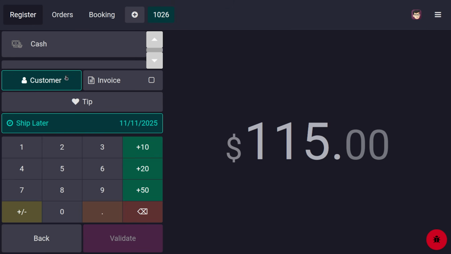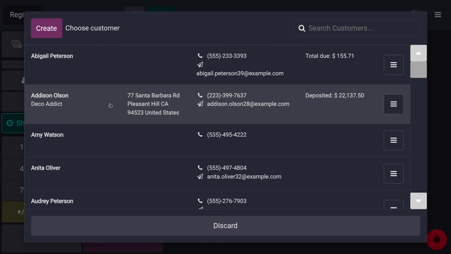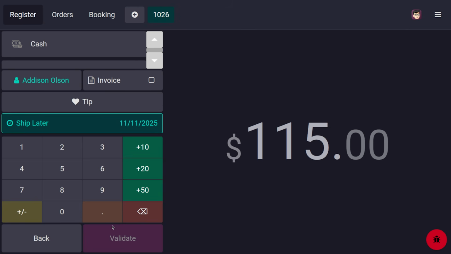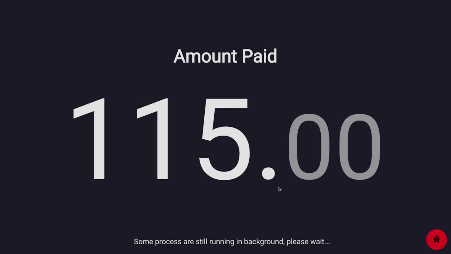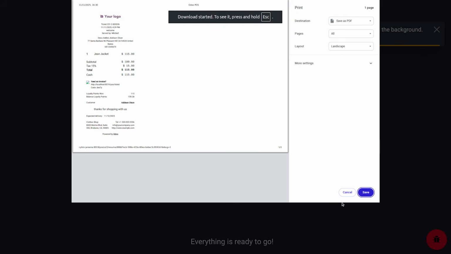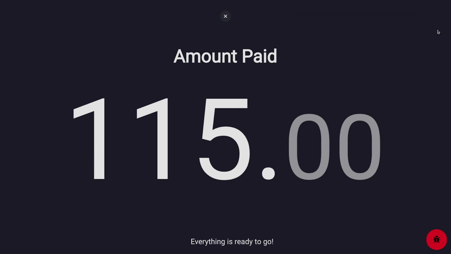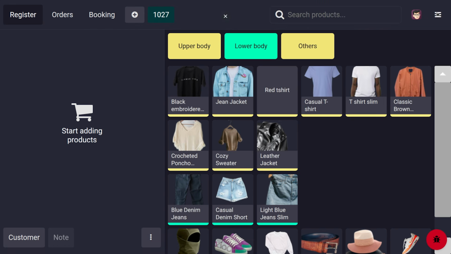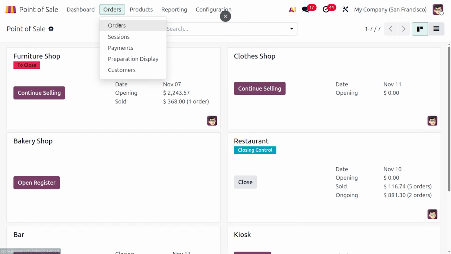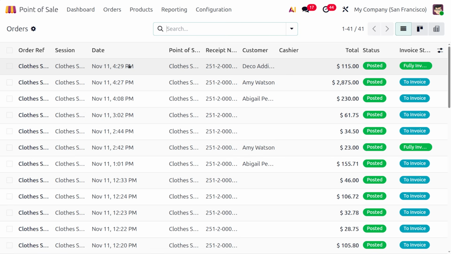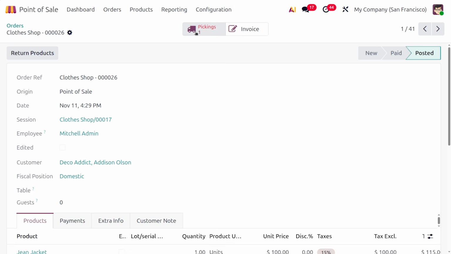And here we need to consider a customer who has the complete address, then only we can manage with it. So let's do everything, and you can choose the method of payment, and let's click on validate. Okay, so once everything is done, we need to manage the delivery of the item. So we can move on to the backend. From the backend, we have the orders. Under the orders, we have the order that we have created, and under the picking, you can see that